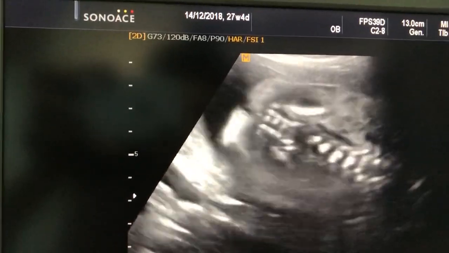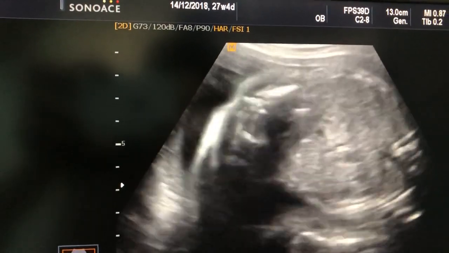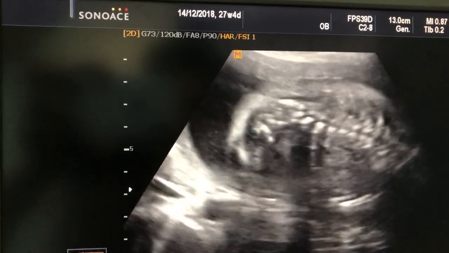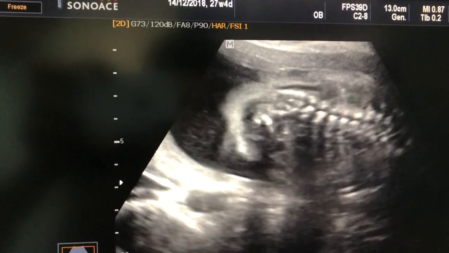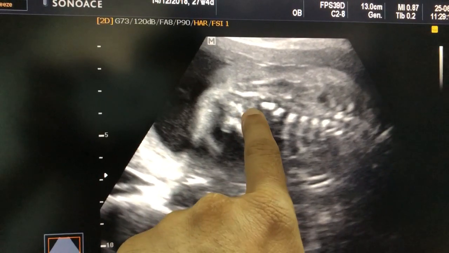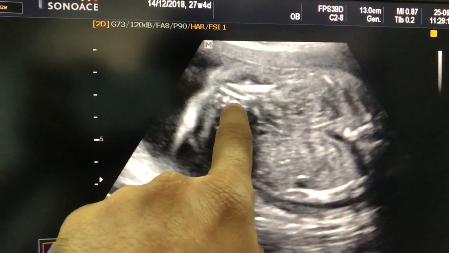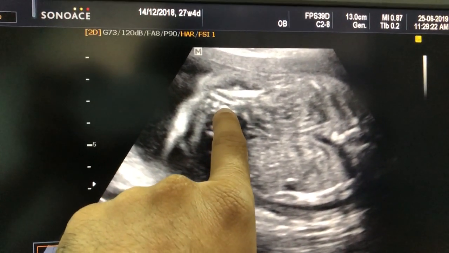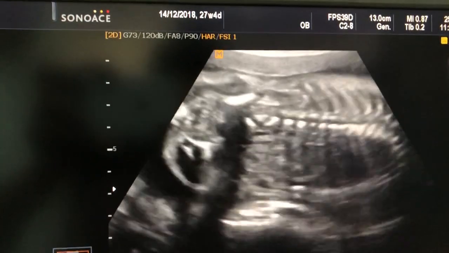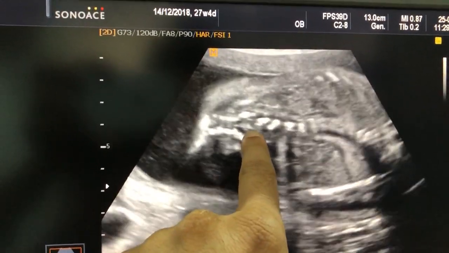In this coronal view is the best view to evaluate the closed spina bifida. Also sagittal also, but in coronal view you can see the fusiform dilatation of the spinal canal. Here you see there is dilatation over here, and further, the spine of the vertebra are visualized again in the sacral region. Yes, there is absence of the spinal element over here,